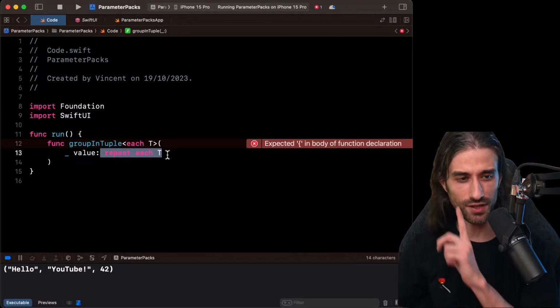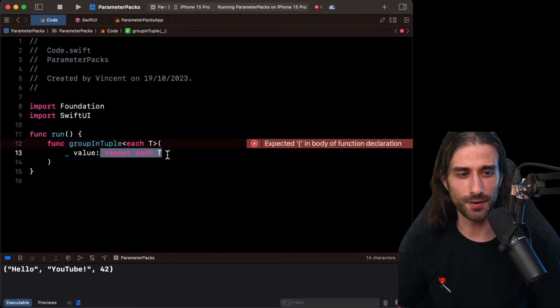Maybe it's not the same order because I forgot what I said just before, but you get the idea. What you are saying when you say repeat each t is that you want to have the types inside the parameter pack expanded into a comma separated list. That's where the name pack expansion comes from.